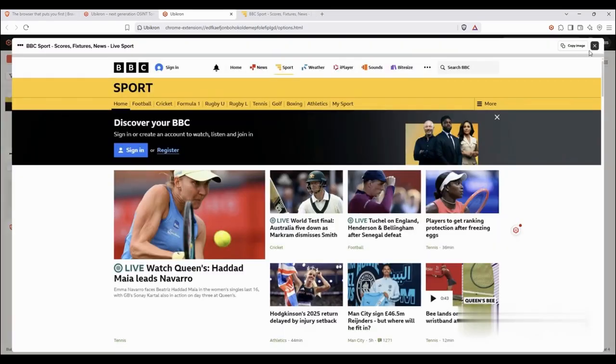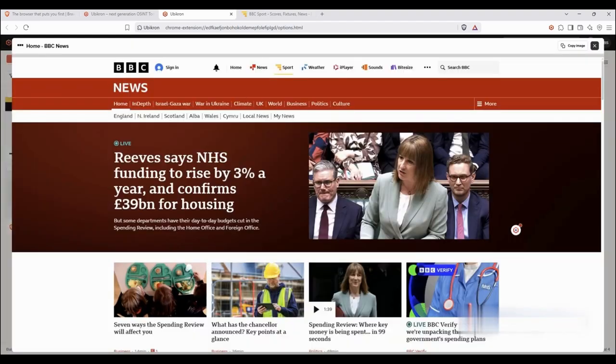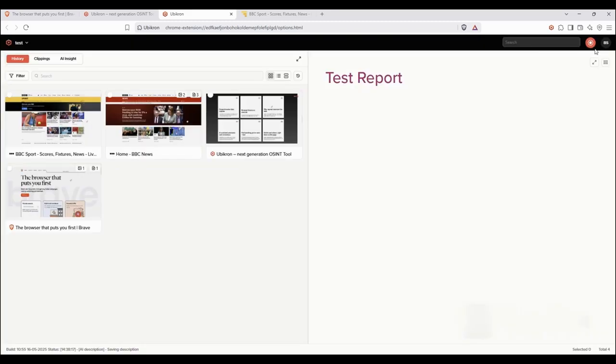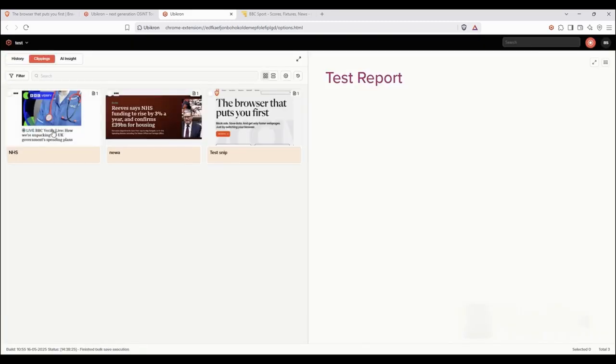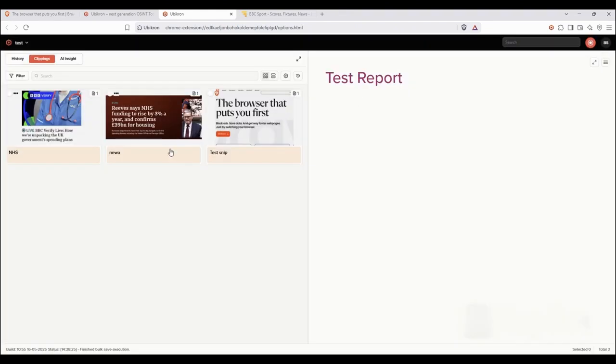So there you go, we've looked in the history. There's the sports page, there's the news page, but we had saved that in particular. There is the snips that we took. The difficulty I have found